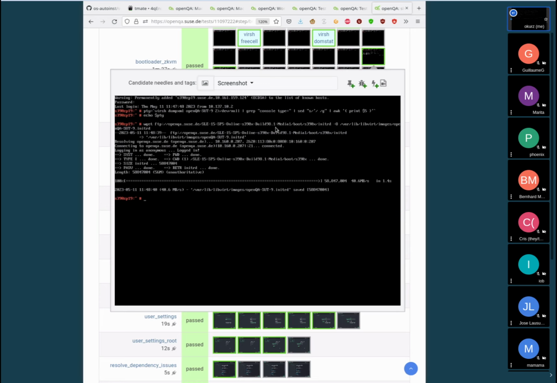ISO file or a QCOW file, which you have transferred from the web UI to the worker host, either as a downloadable asset or NFS share, or what's commonly done over the so-called worker cache. So it's local on the openQA worker. We also have that openQA worker here. The assets are actually transferred to the worker host, and that's a redundant operation because nobody is ever going to use those assets, because instead what we do is we download again directly here with wget from the web UI